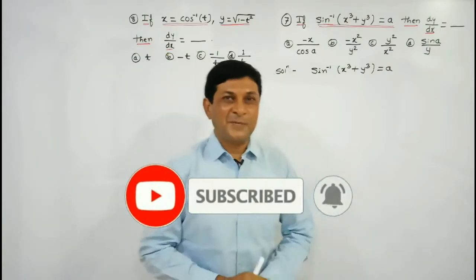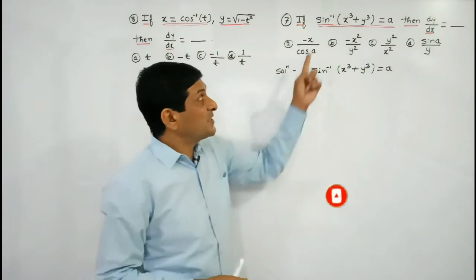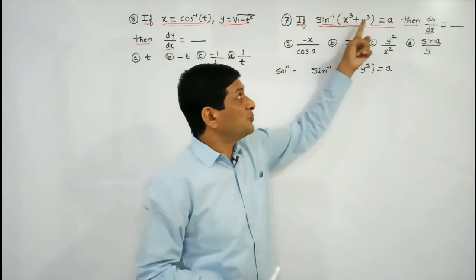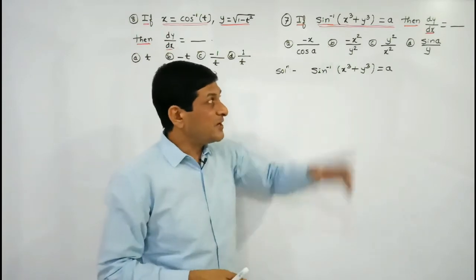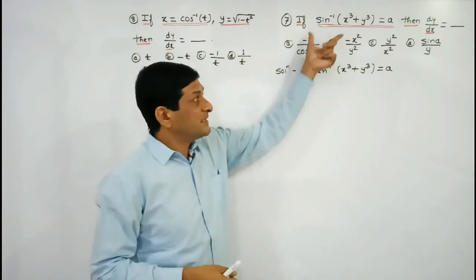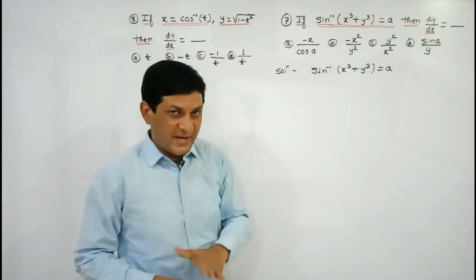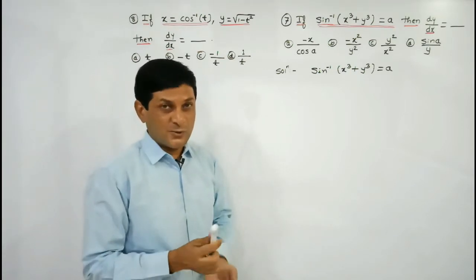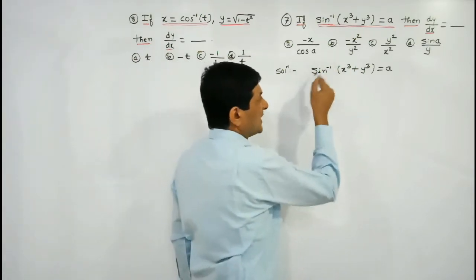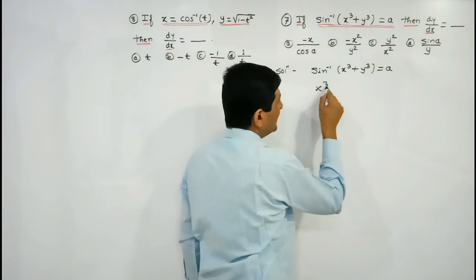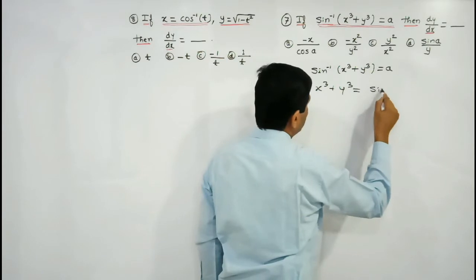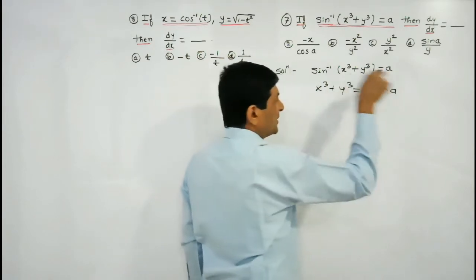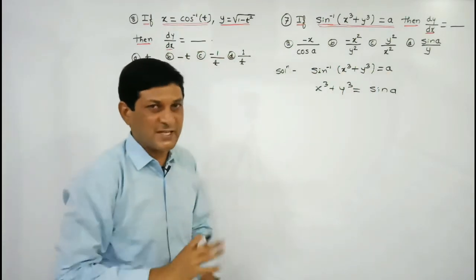Now see the question number 7. In this question, what is the given function? Sine inverse of x cube plus y cube is equal to a, means implicit function is there. We have to find out its derivative. So we have considered the given function. Now simplify it. We are simply taking sine on both sides. अगर ये साइड में sin लिया तो sin और sin inverse eliminate हो जाएगा, x cube plus y cube बचेगा, and if you are taking sin on this side, we will get sin a. Just simply we have taken sin on both sides, isn't it?